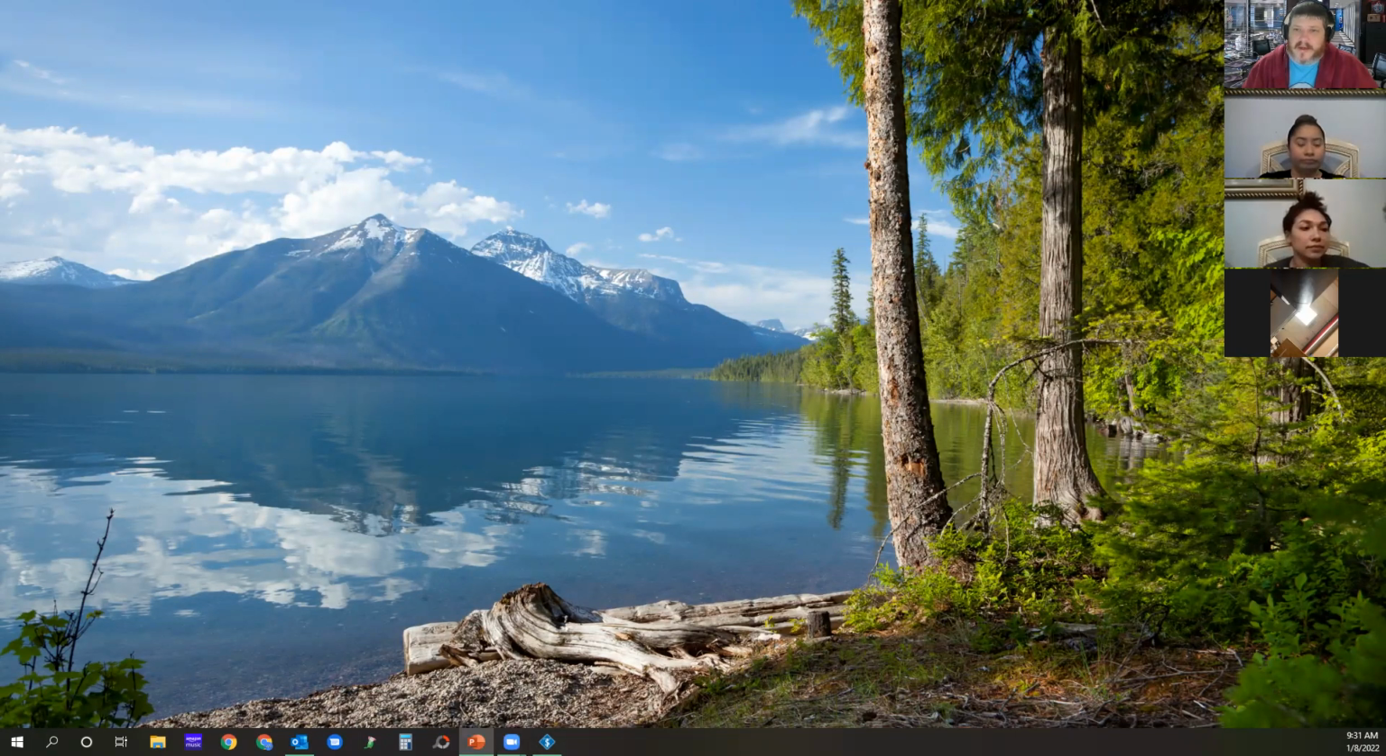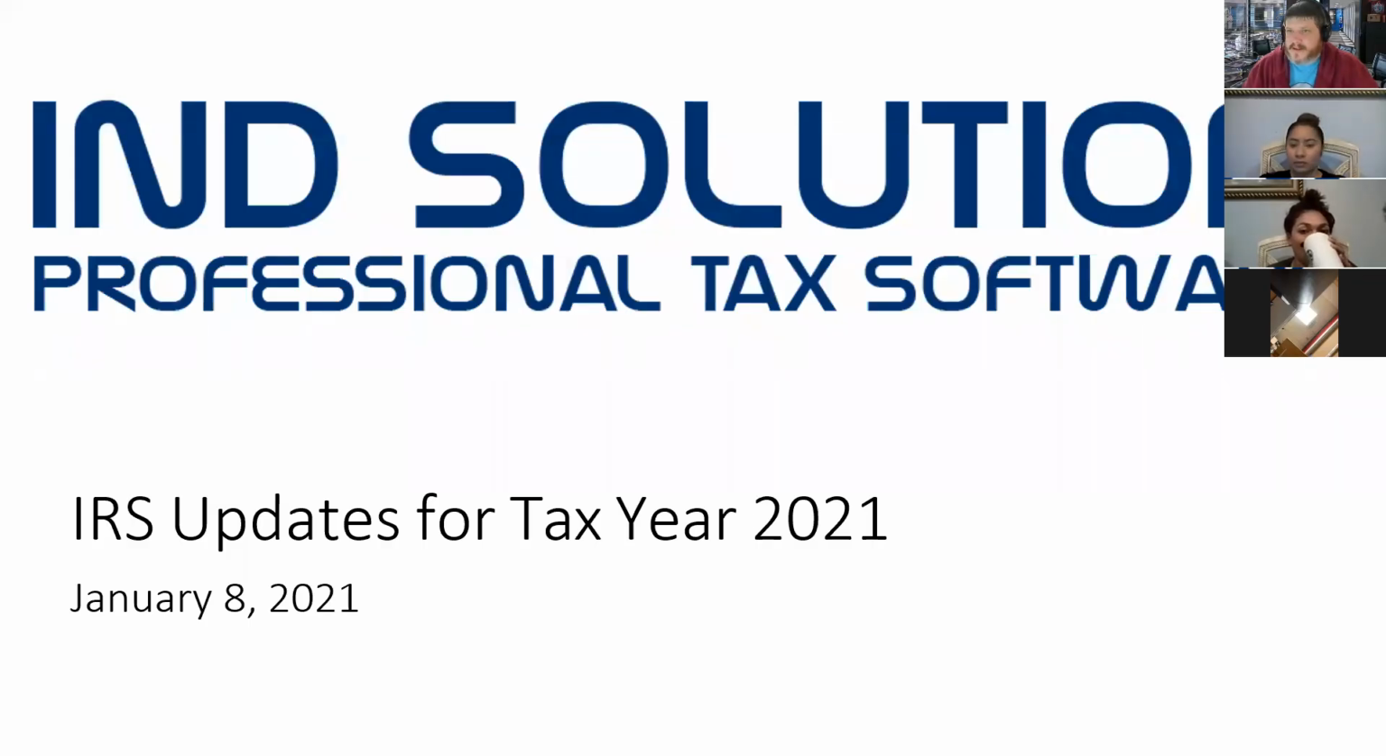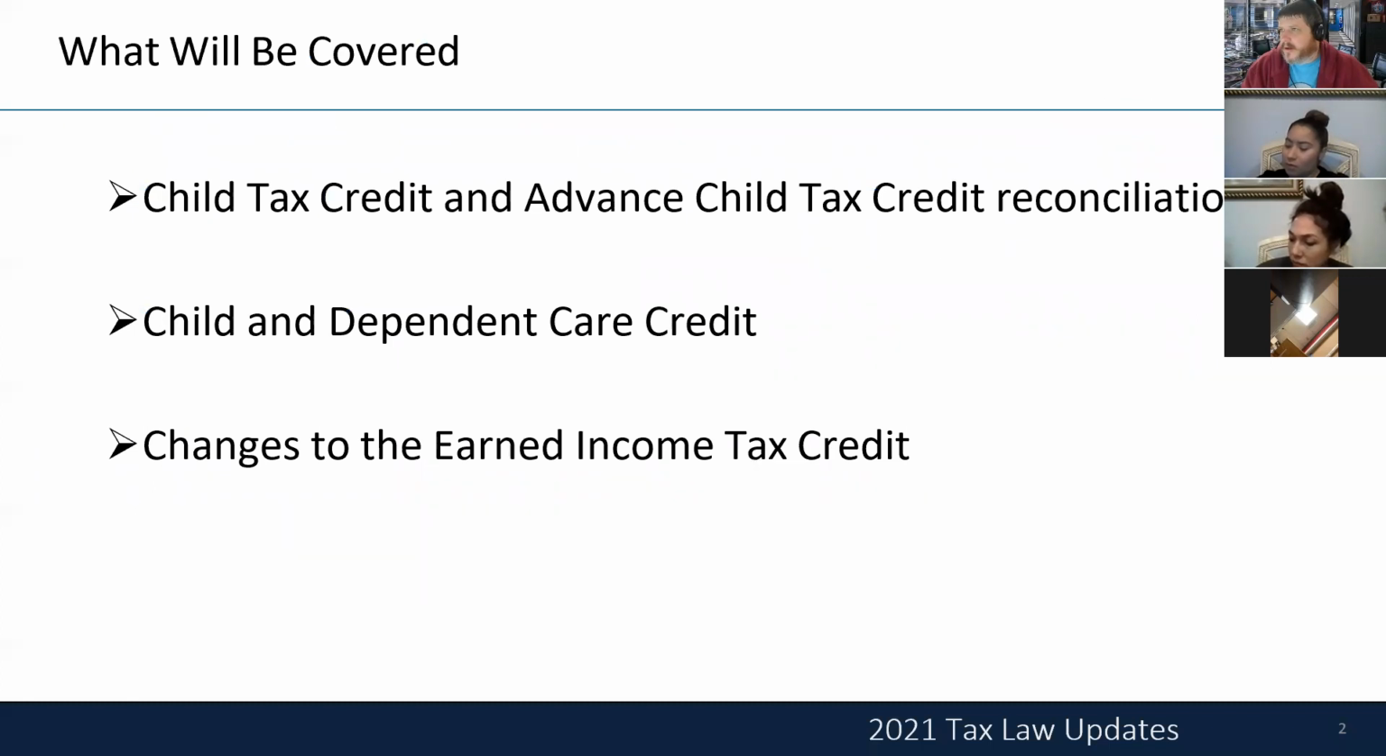So let's get to the meat and potatoes of what this training really is going to be about, and that's going to be tax law updates for tax year 2021. Okay, there is quite a bit to digest, so we're going to go slow and make sure that we understand this fully. So what we're going to cover: the child tax credit and advanced child tax credit reconciliation. We're going to cover the child and dependent care credit. We're going to talk about